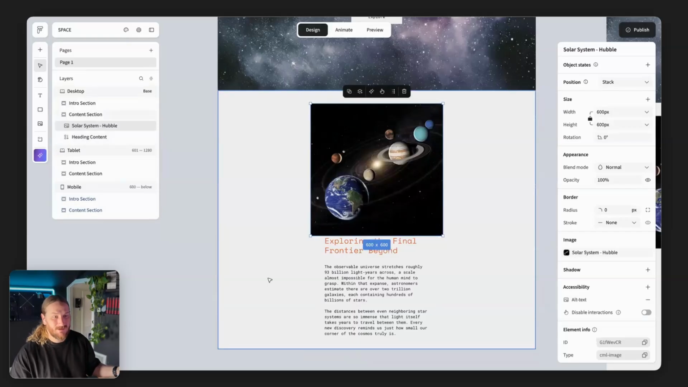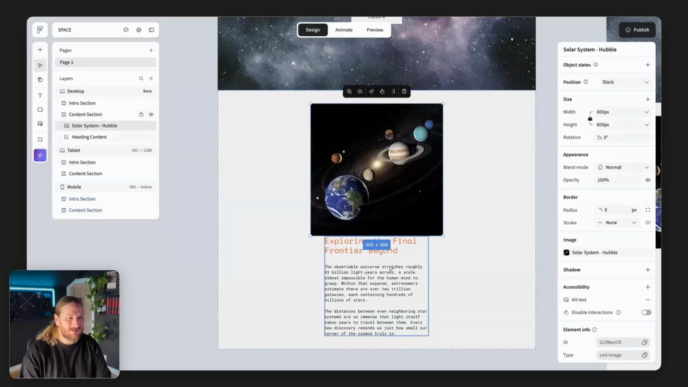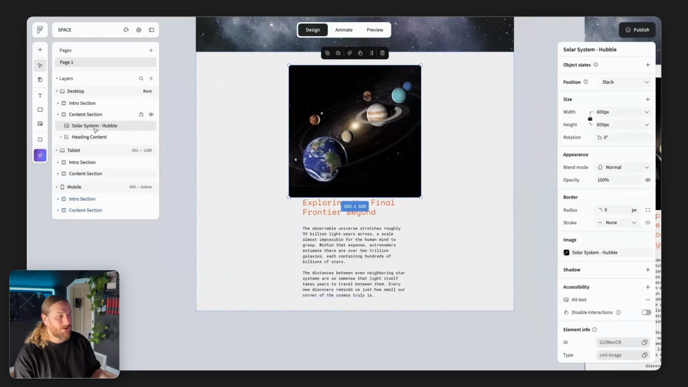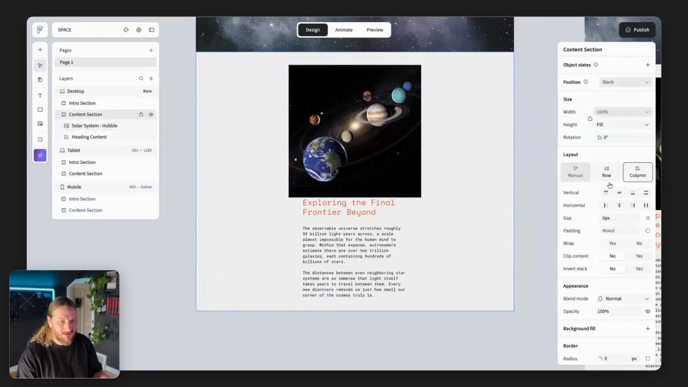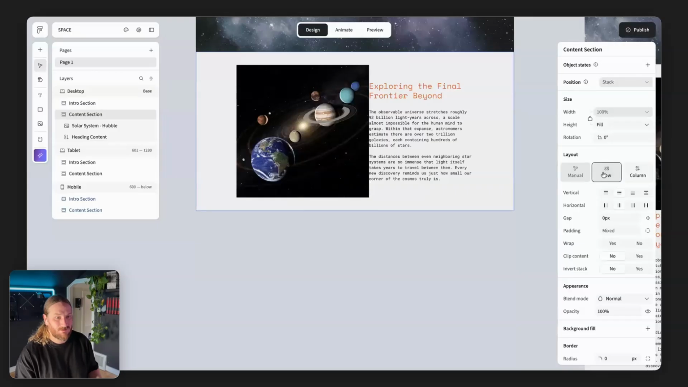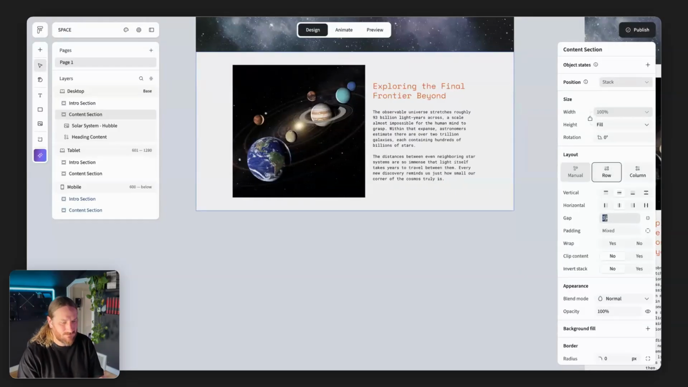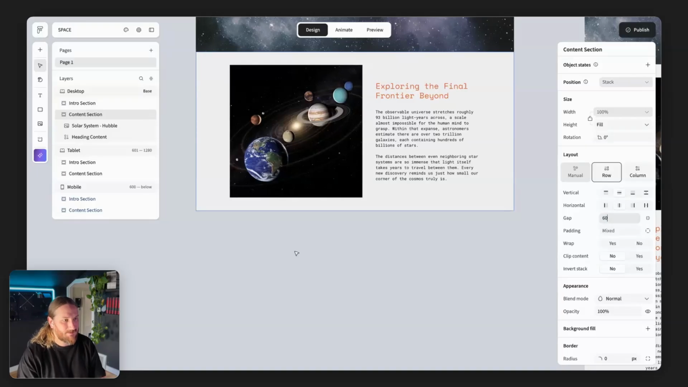Boom. Now it's in my section, but it's stacked on top of the text, which I don't want. So I'm going to select the section itself and change its layout from a vertical column to a horizontal row. And I'm going to add some gap between the two elements, probably like 30, let's do way more than that. 60-ish, how about